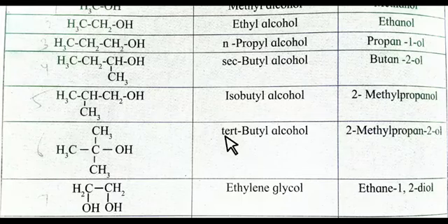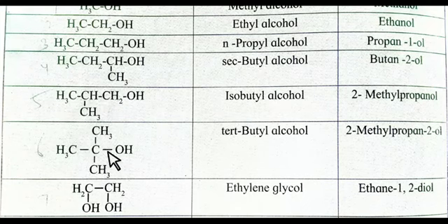Always remember student, if one carbon is attached with two carbon atoms, it means that it is a secondary or iso group. If the functional group is on that carbon, it means that it is secondary. If a methyl group, meaning any one of the alkyl groups, is on that carbon, it means that it is an isobutyl or iso group. Four carbon atoms means it is butyl.